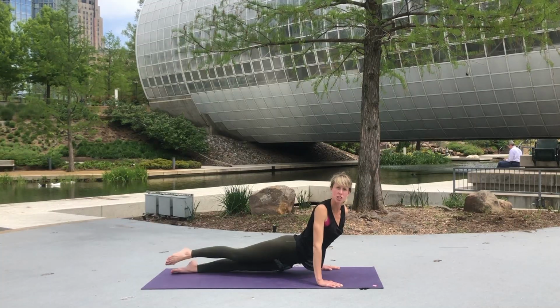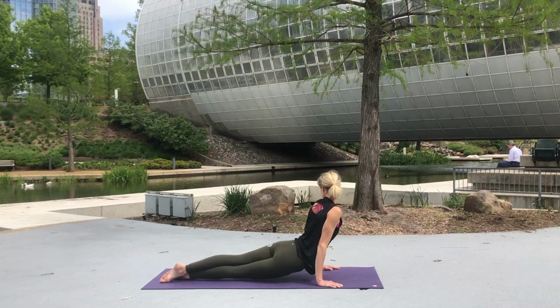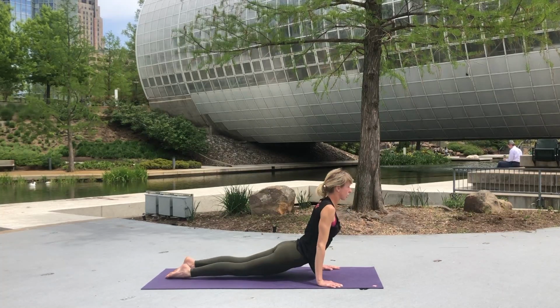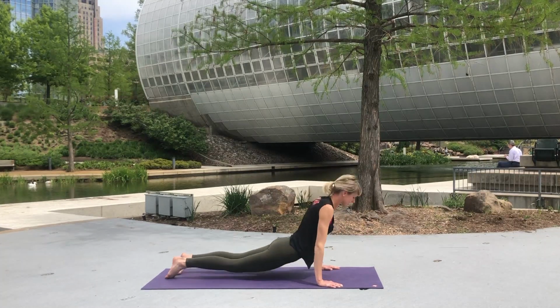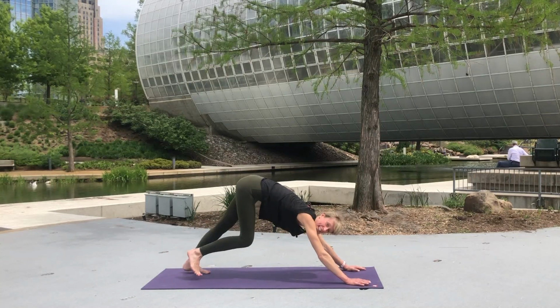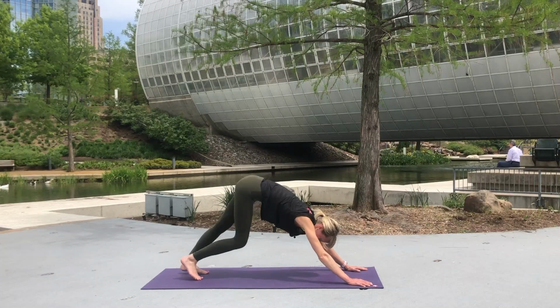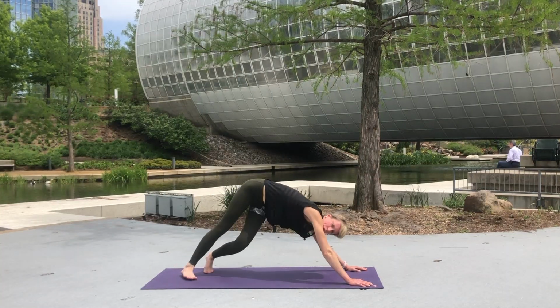On an inhale, return to center, and exhale, opposite side. On an inhale, return to center, gaze up, and exhale, down dog. First down dog of the day, or maybe not. 10 breath cycles here. Really take advantage of your time on your mat to pedal out your feet, swivel your heels,